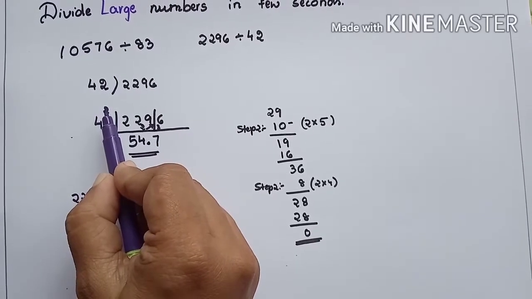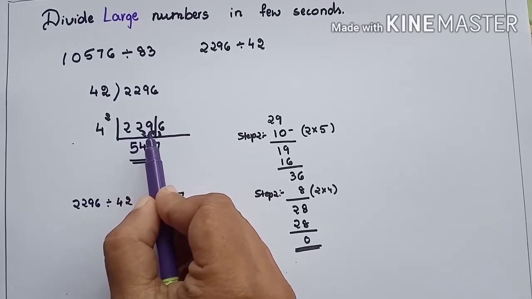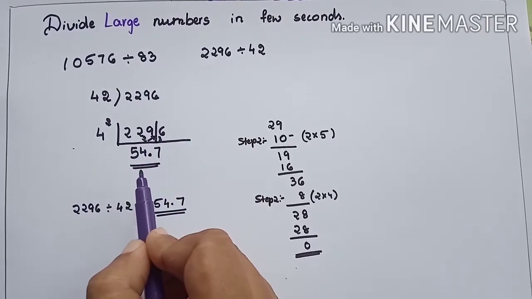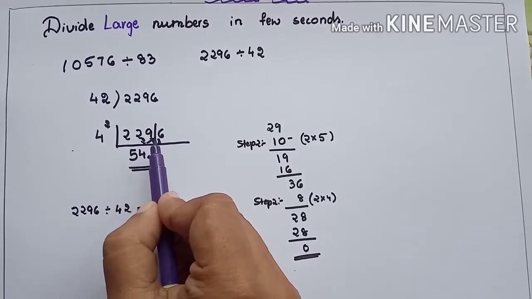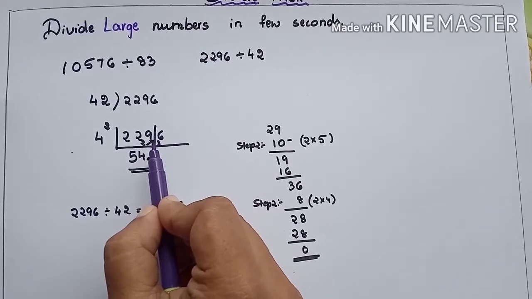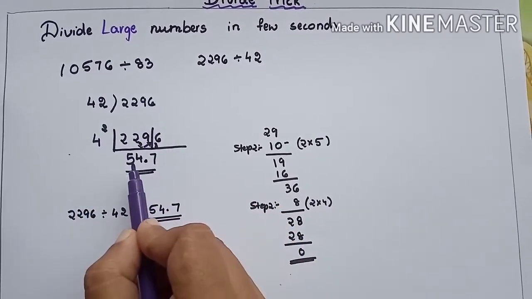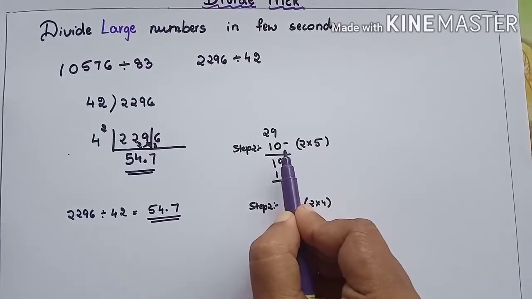To minimize the error, we are using step 2 always, so you get the absolutely correct answer. Since just dividing by 4 is not enough, we are subtracting the quotient, and 2 is multiplied and subtracted again and again. So 4 5s are 20,